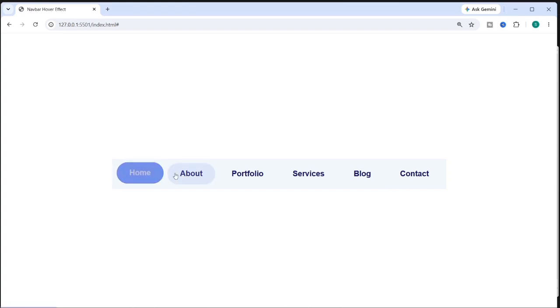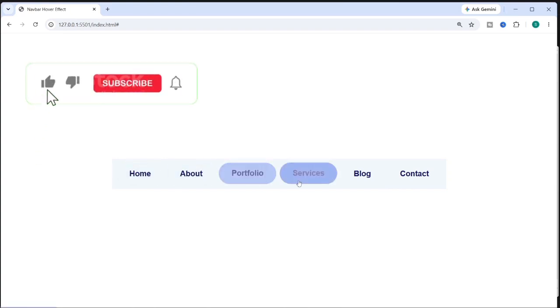In this tutorial, I'll show you how to create a modern navigation menu with smooth hover effects using HTML and